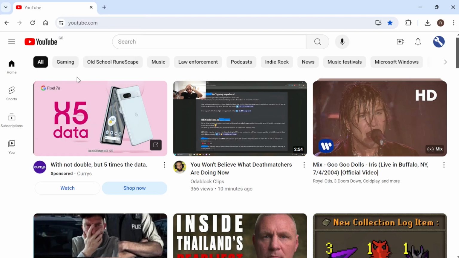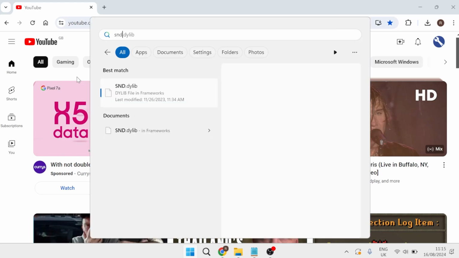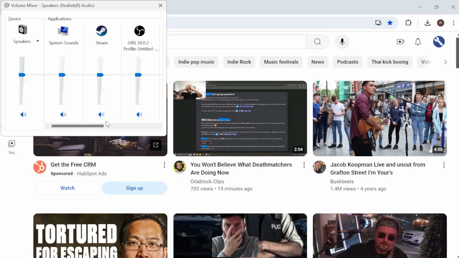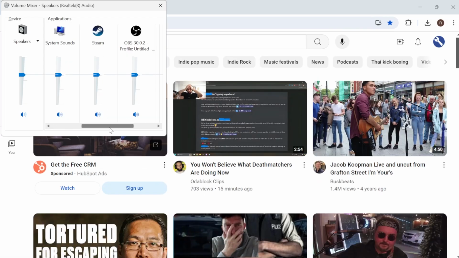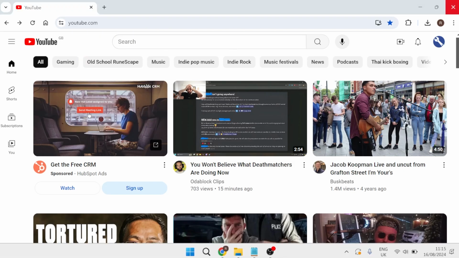So the next thing we need to do is come over to our start menu and search for sndvol.exe and then come over to this run command. Now from here, just make sure that Google Chrome is turned up in this list here. As you can see, we can adjust the slider, so make sure this is not muted and make sure the slider is turned up. Then we can close out of this window,